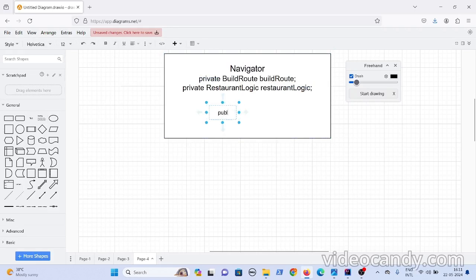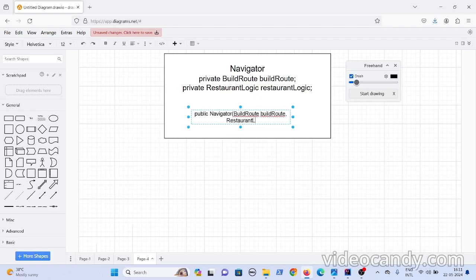Let's say you have a constructor, public Navigator. During initialization itself, while creating the navigator class, this is my constructor. In the constructor, I can ask the person, let's say I'm the navigator, I can pass what route I need and what restaurant logic I need.